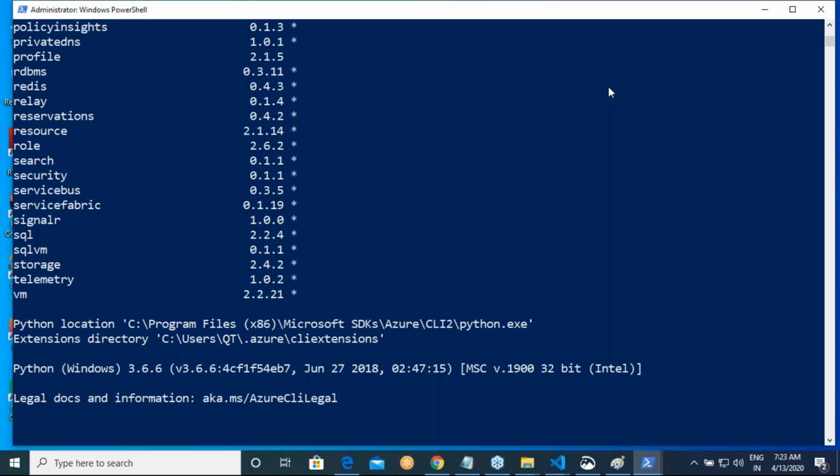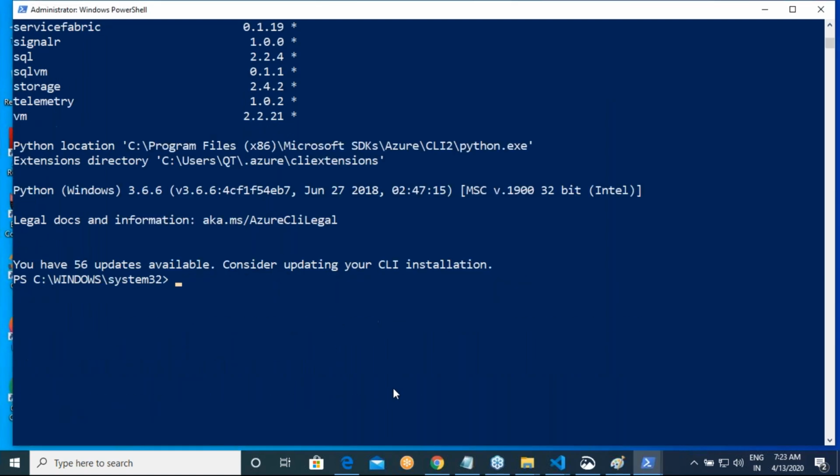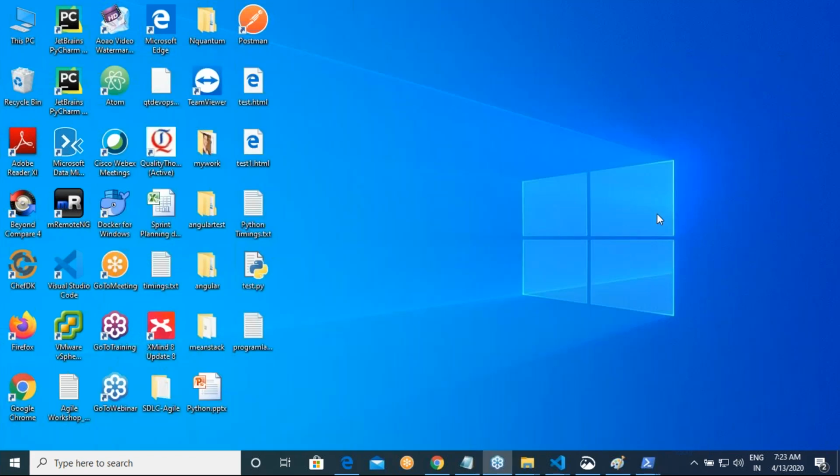Don't use generate SSH keys. Use password if you are finding that difficult. Good, Shravan.